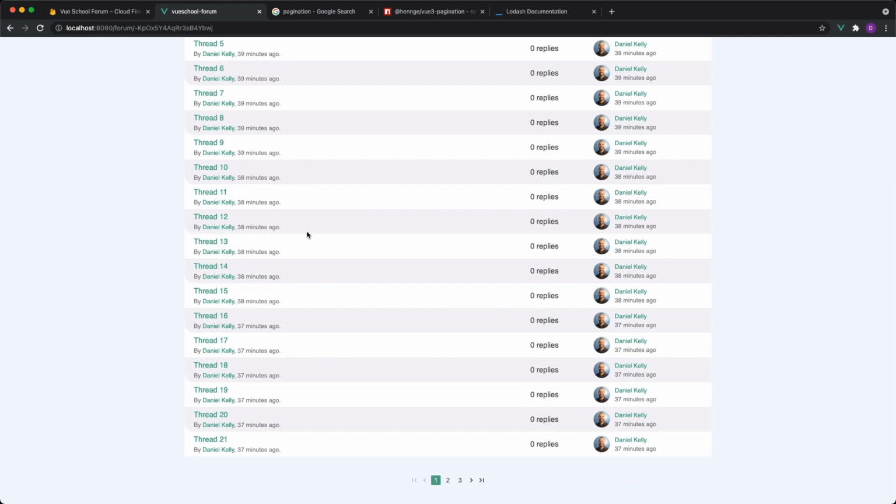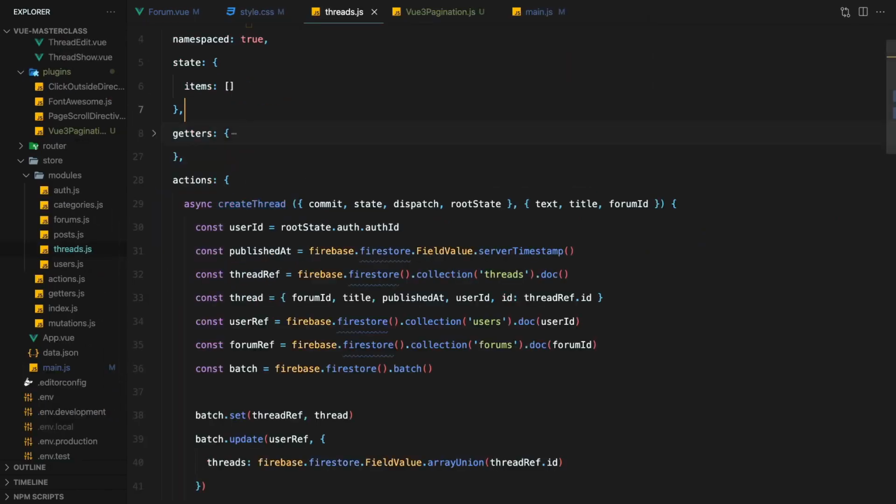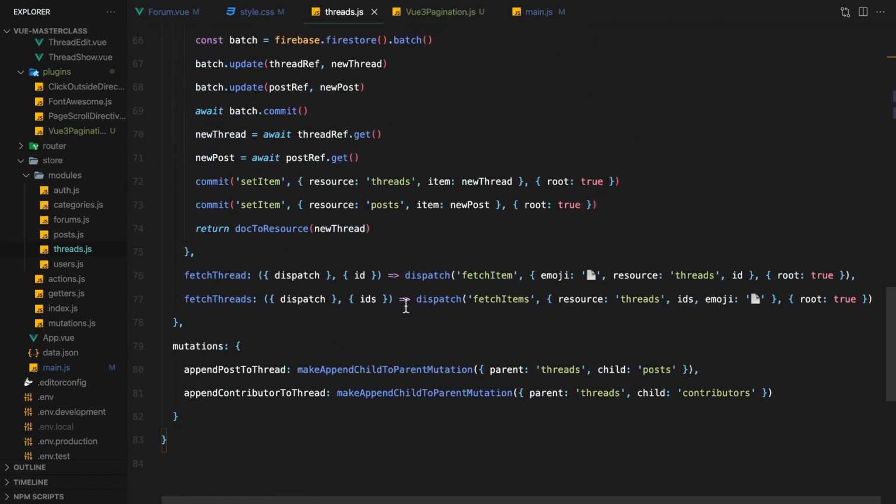Now we need to handle the real work. What do we do when the page changes? Let's create an action to handle that. In our Threads Vuex module, I'll create a fetchThreadsByPage action.